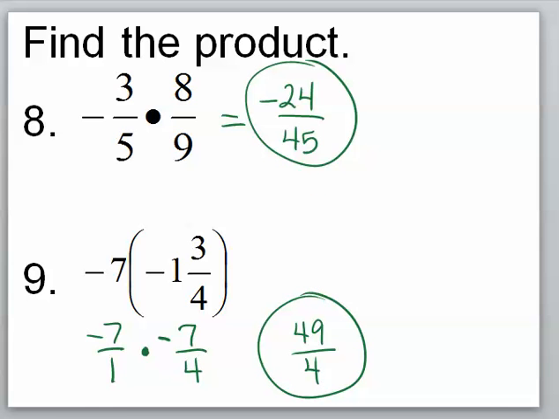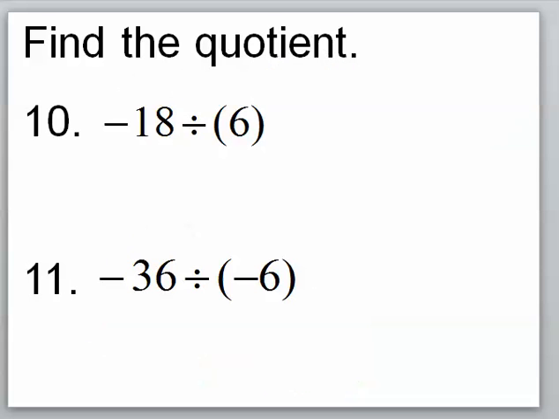The next problems that we're going to do are quotients. So we're going to be dividing. The first one, I have a negative divided by a positive, so my answer is negative. 18 divided by 6 is 3. A negative divided by a negative is a positive answer, and 36 divided by 6 is